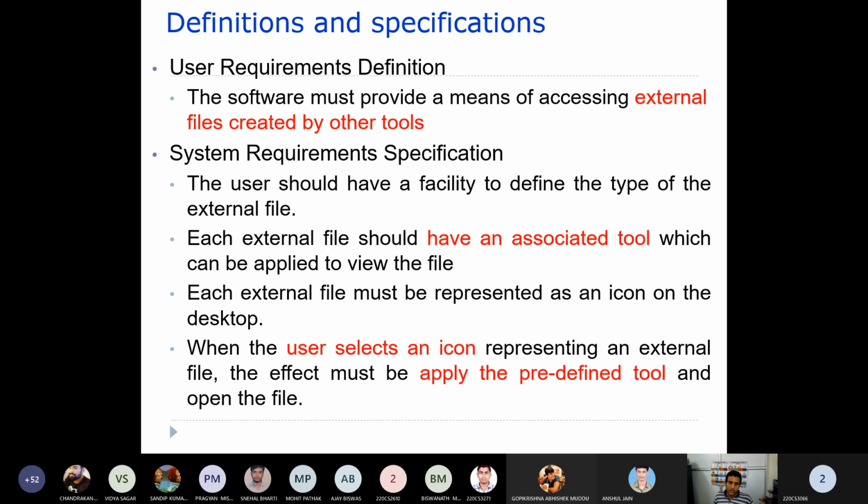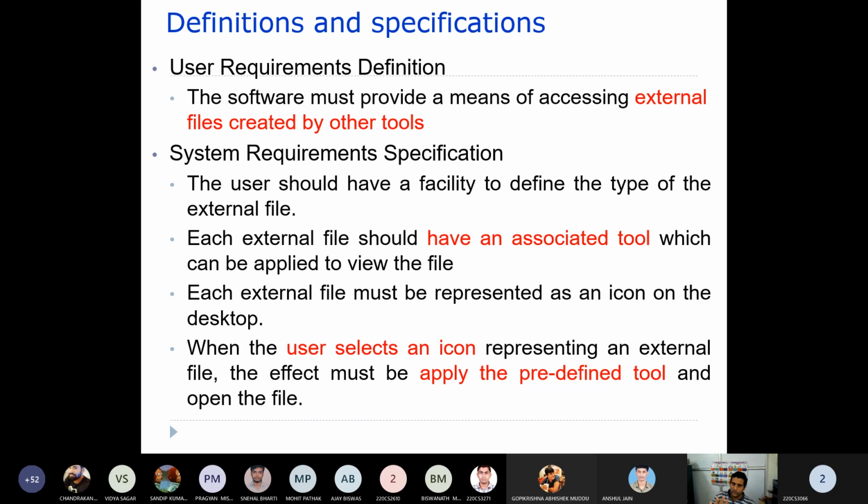Let's say through that software you are going to open a PDF file. When you choose that icon, it should automatically call Acrobat Reader and open the file in that format.